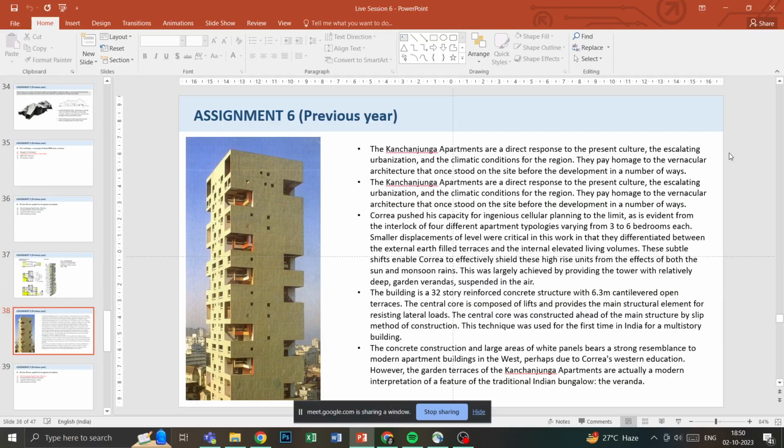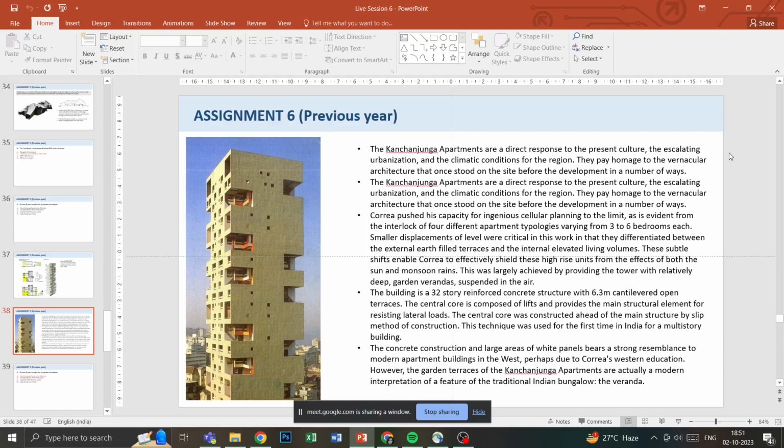Kanchenjunga Apartments are a direct response to the present culture, the escalating urbanization, and the climatic conditions for the region. They pay homage to the vernacular architecture that once stood on the site before the development in a number of ways. Correa pushed his capacity for ingenious